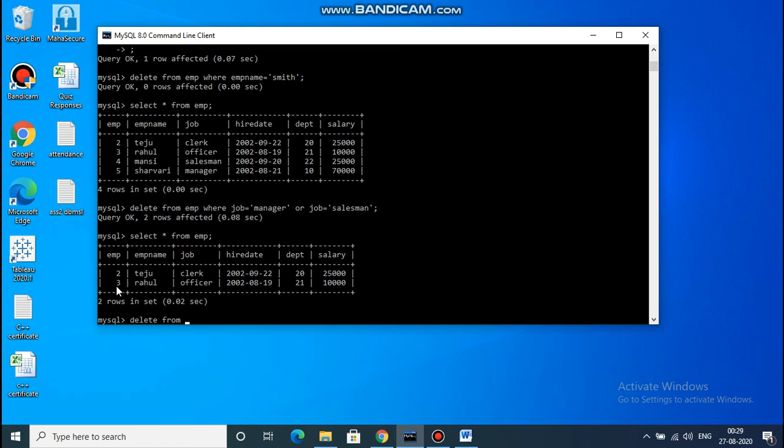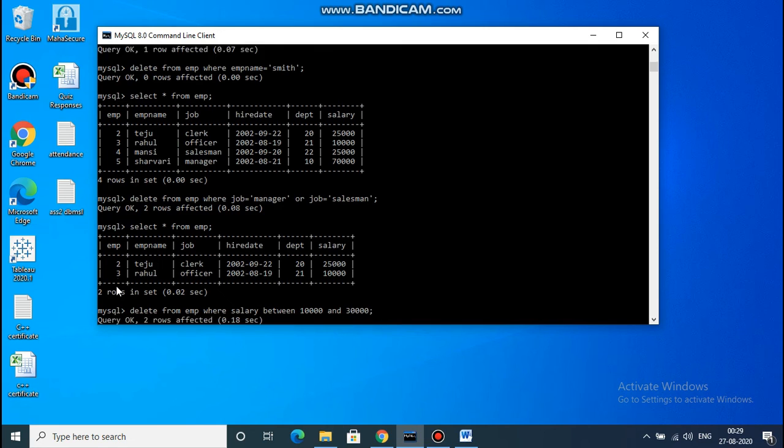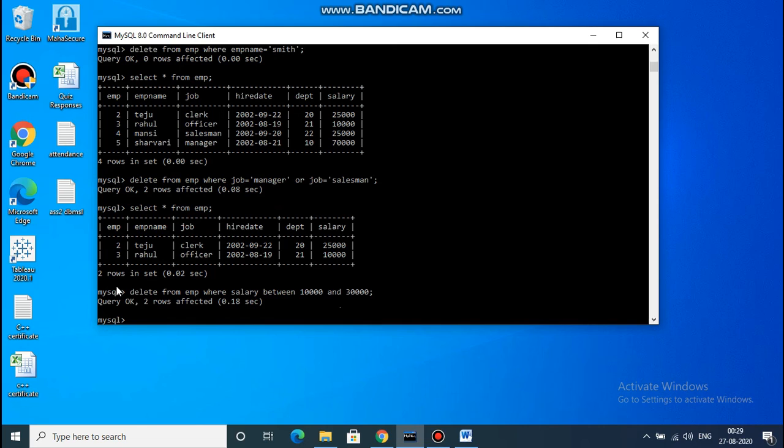So delete from emp where salary between clause is there, salary between 10,000 and 30,000, then semicolon. So you can see here query successfully executed.